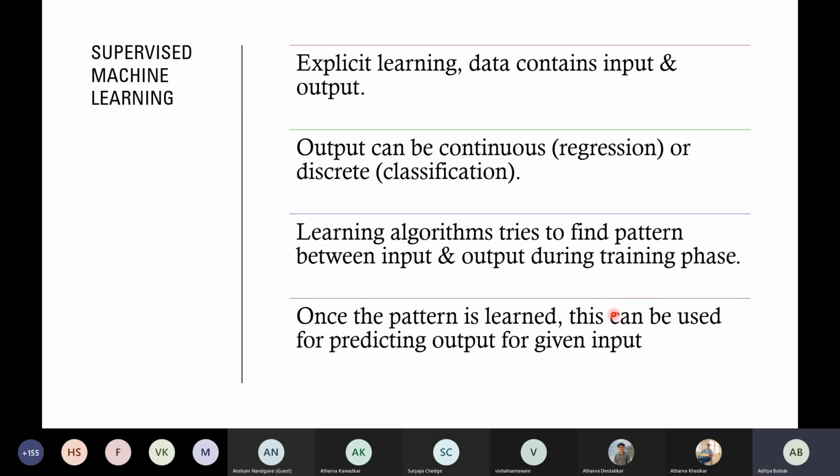Some attendees were asking whether Python is the best language to learn machine learning. Yes, I would recommend that you go with Python. But if you are not comfortable with Python, you can go with R. That's your choice, either Python or R, but I would suggest Python, since most of the libraries are compatible. Yes, Atul, you can add to it.